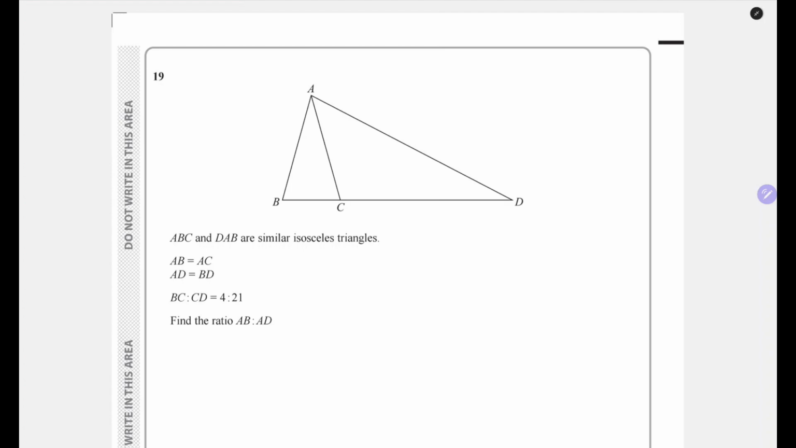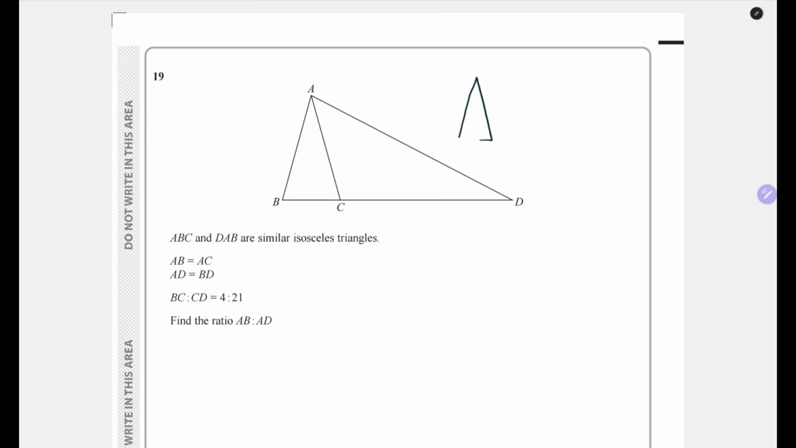Question 19 says that ABC and DAB are similar isosceles triangles. AB is equal to AC and AD is equal to BD. BC and CD have a ratio of 4 to 21. Find the ratio of AB to AD. At first glance, it's quite difficult to see how they are similar triangles, but actually if we draw them out